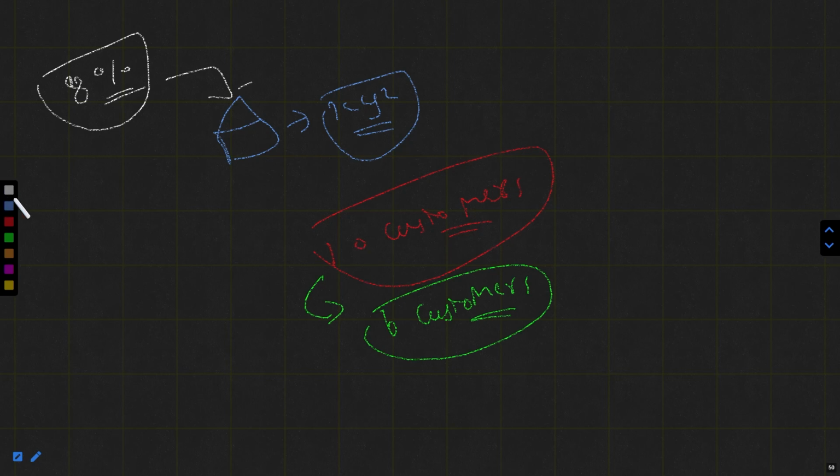So that 4 customers would be the small customers or marginalized customers. Because as a bank, the bank will focus on the customers who could offer him more interest. Okay. But what about these customers who got marginalized or got ignored? Okay. So that's why there are the banks called the small finance banks.